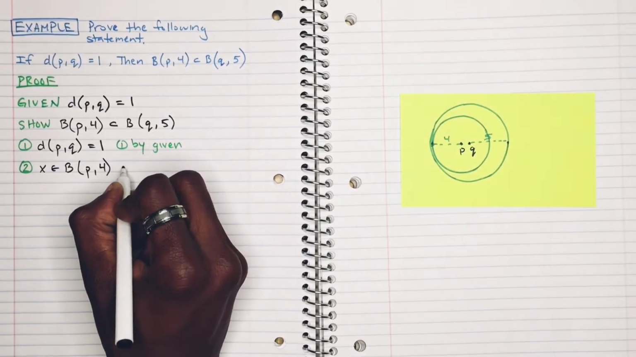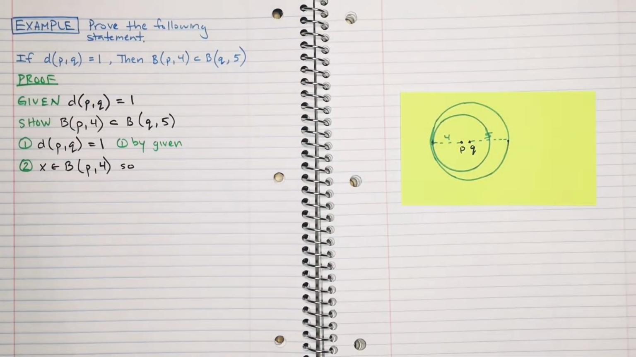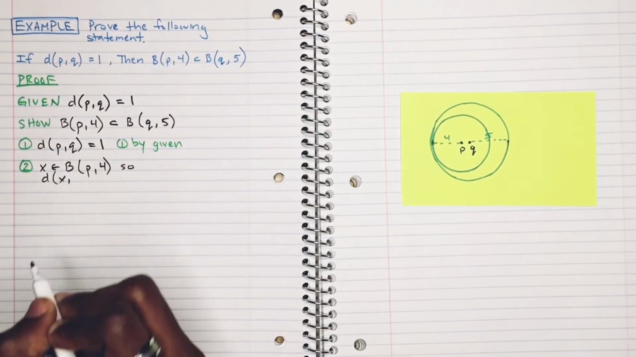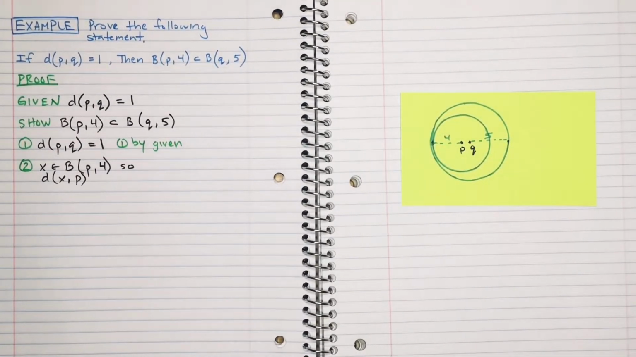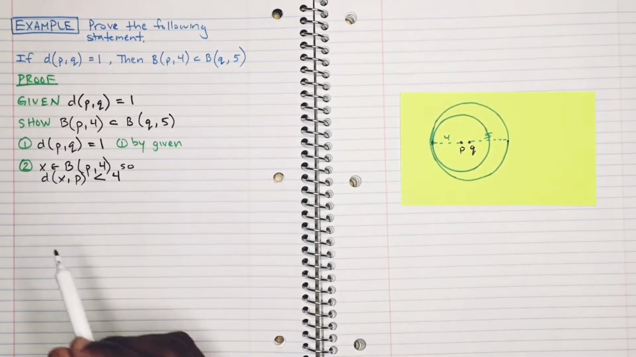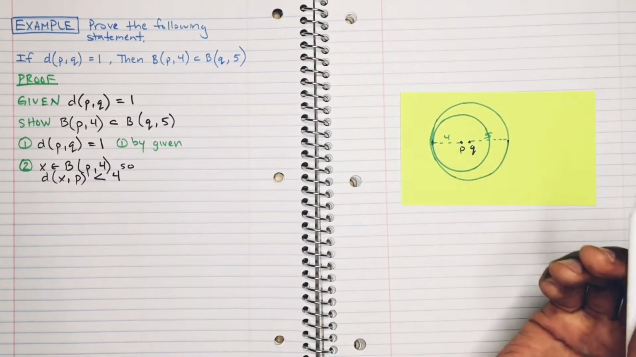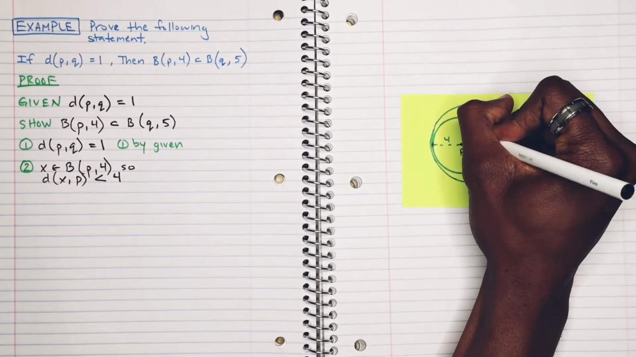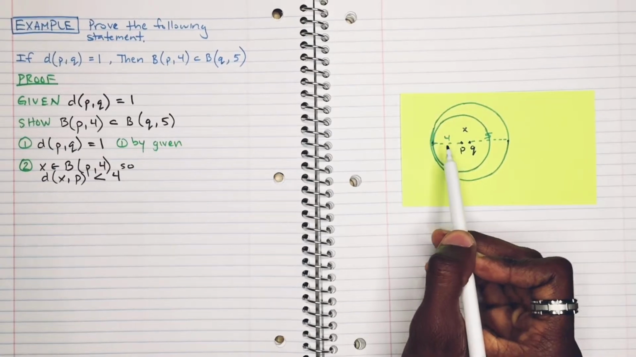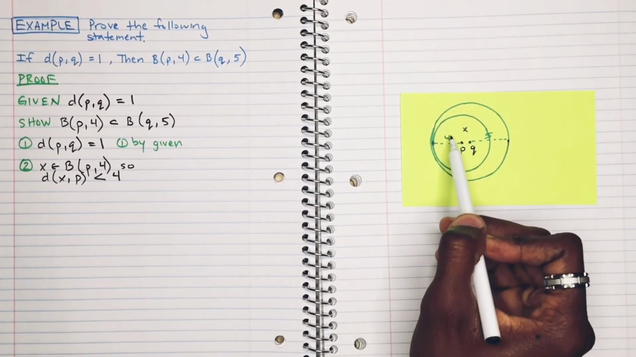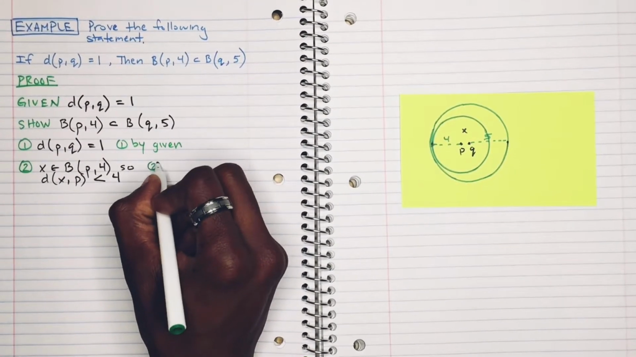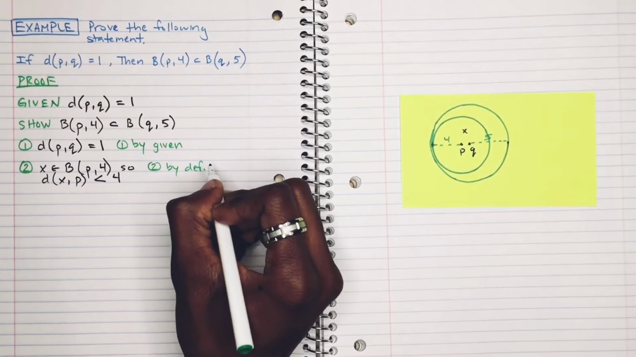And when that happens, I'll just put a so. So when that happens, that means that the distance from point X to point P has to be less than 4. Okay? The distance from any X that I put here, okay? Let's say if I just put an X here, for example. Because it's inside this ball P, it has to be less than this radius 4 because it's inside the ball P. And our justification for this step 2 is simply by the definition of